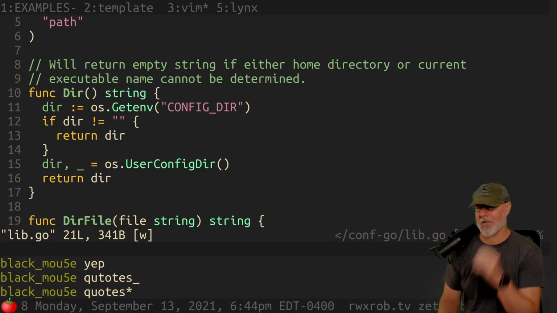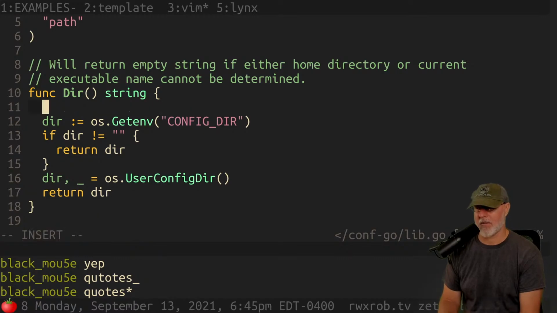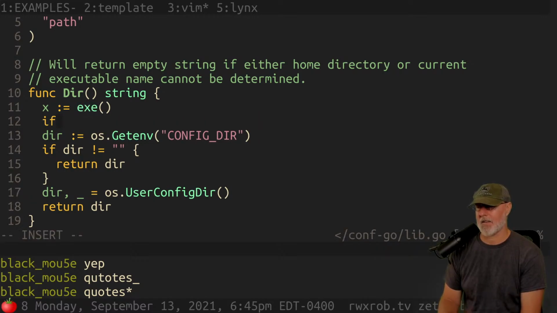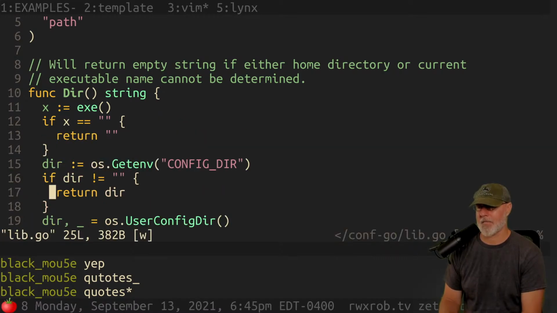We can't just return the dir. We got to join it with the exe, right? If there's no exe, we're just going to return nothing. That's another thing we have to do. So I'm going to say x equals exe, and if x, return. I can be really sloppy because my editor will take care of me.